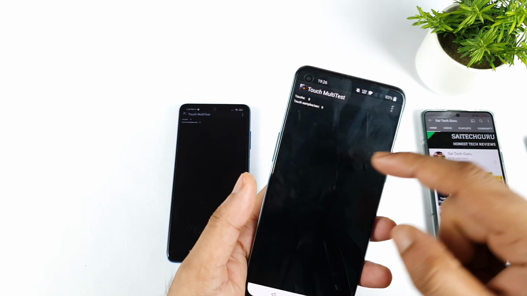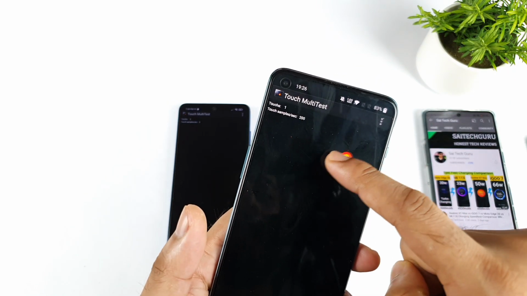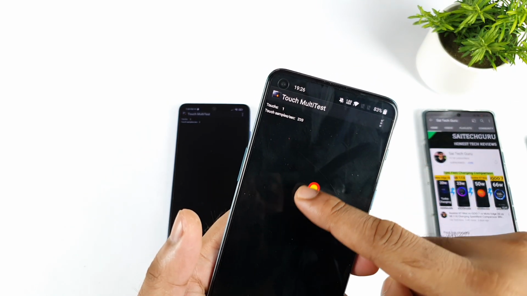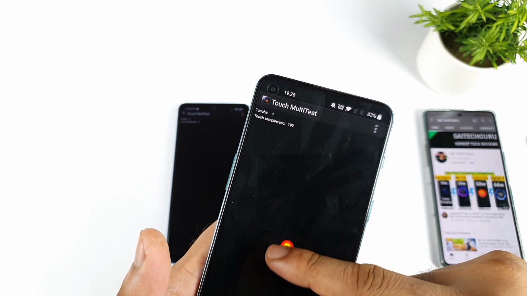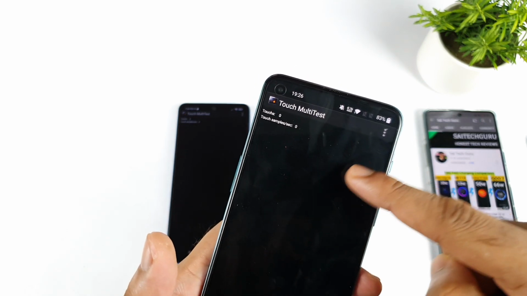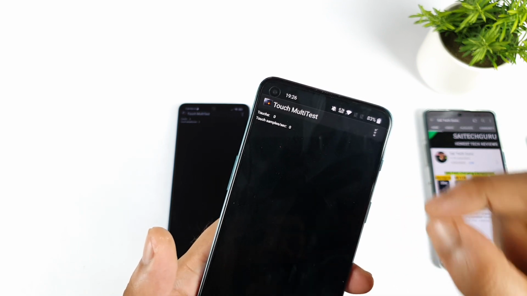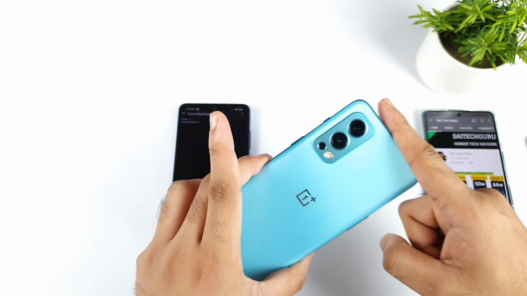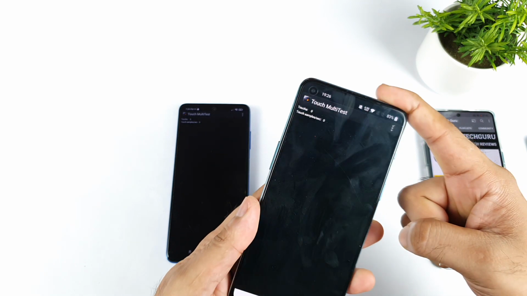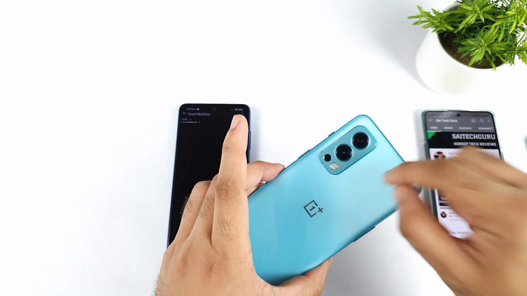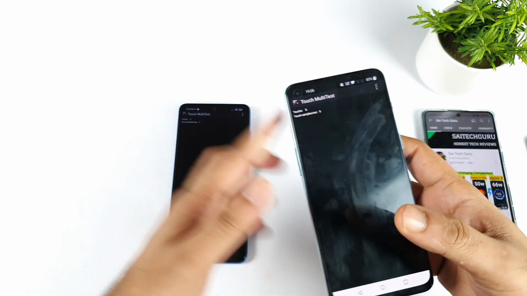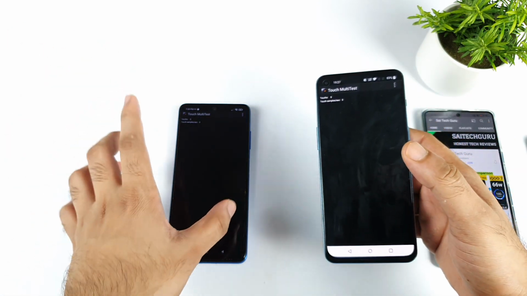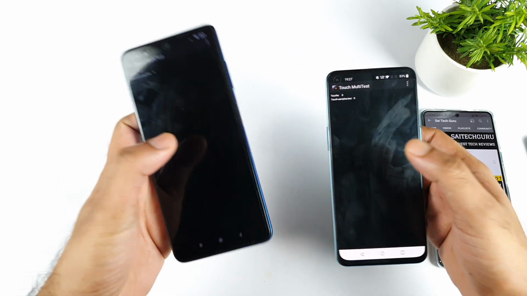But let's see in the OnePlus Nord 2, what number we are actually getting here. I think we are getting only 210. As you can see friends, it's close to 210 only. So 210 minus the 90 Hz refresh rate of the OnePlus Nord 2, which is close to 120 Hz touch sampling rate in the OnePlus Nord 2. So 120 Hz at 30,000 rupees, versus 240 Hz at close to 15,000. This is a quick comparison between both phones.